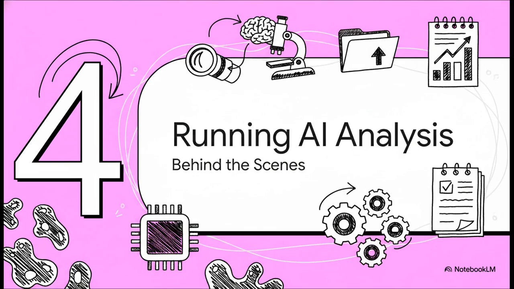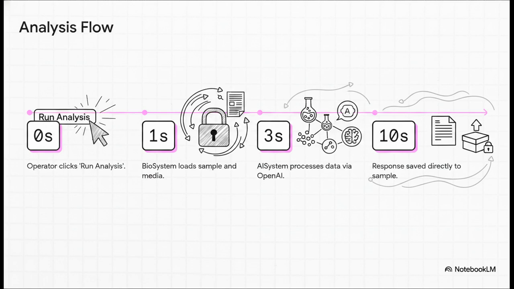Next up, Section 4, Running the AI Analysis. Let's quickly trace what happens behind the scenes. It all kicks off the second you click Run Analysis from the History or Details page. From there, OmniSight's biosystem takes the wheel, securely loading your saved sample, your notes, your process variables, and all those media URLs. Next, that data gets fired over to the AI system, where it's processed via OpenAI, cross-referencing your specific inputs against established biological frameworks. Finally, the response text is generated and saved directly to the sample itself. The whole shebang is securely preserved right there alongside your notes and media,